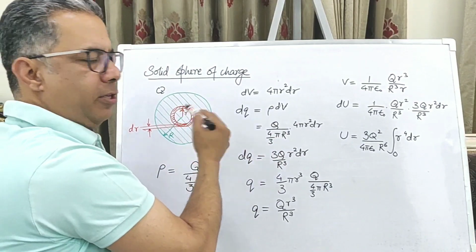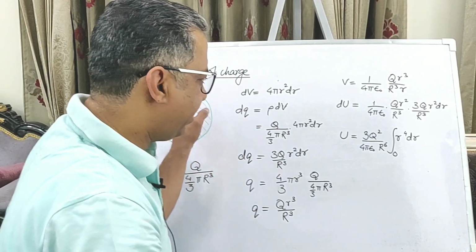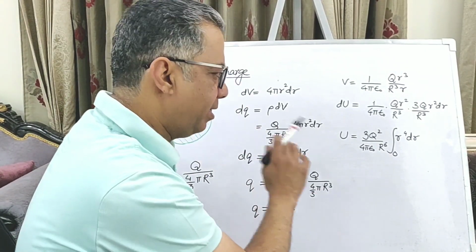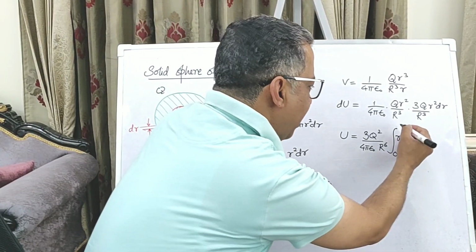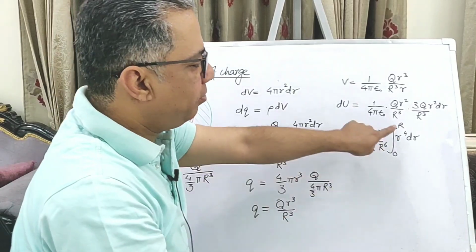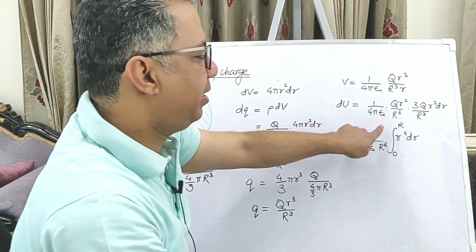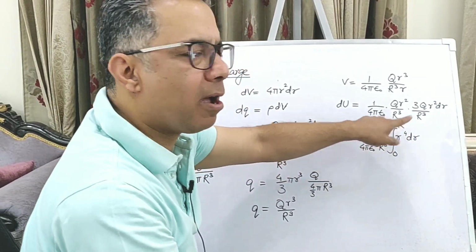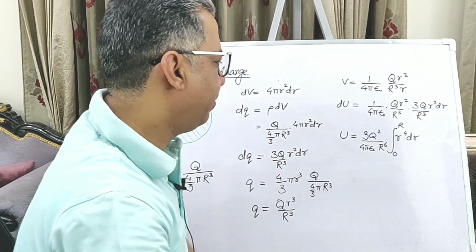We start building with 0 material there. There was no charge initially, so we started with 0 and we built it up all the way up to capital R. Now this integral will be capital R to the power 5 by 5,